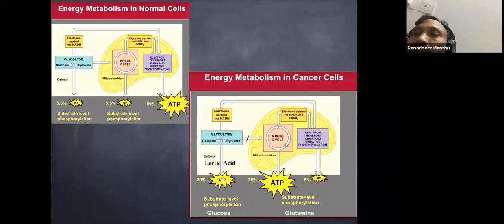Because of this, glutamine is consumed more. So glucose and glutamine consumption is very high in cancer cells. That's why it leads first to glycogenolysis, then lipolysis, and then proteolysis. And too much glutamine is taken up by the Krebs cycle pathway and this substrate level phosphorylation. If you understand this slide, this is more than enough. This is the reason for the Warburg effect, and because of this only, the patient will develop cancer cachexia, anorexia and all.